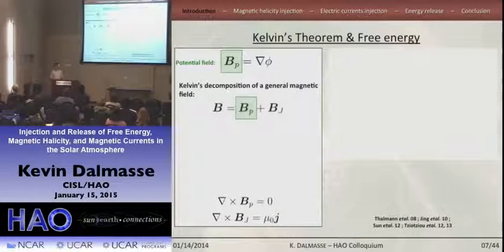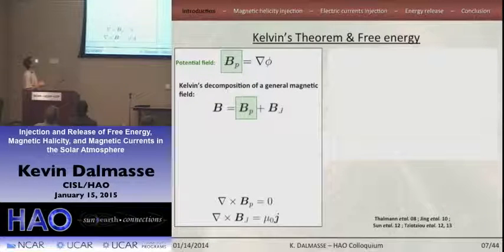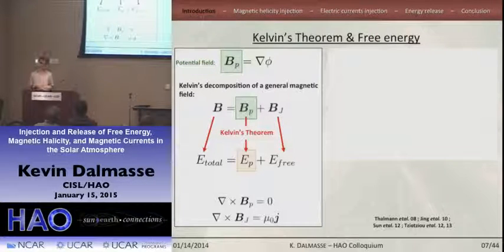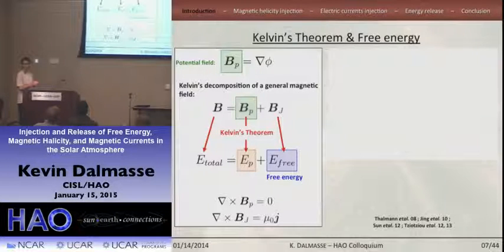Well, we can answer this question using Kelvin's decomposition of a magnetic field. You can show that in this decomposition, the magnetic field is expressed as the sum of two components: the potential field on one hand, associated with the V, which is given by the flux distribution of the photosphere, and a second component called the current carrying component of the magnetic field, which contains all the electric currents of the magnetic field B. Then Kelvin's theorem tells us that the total energy of the magnetic field B is simply equal to the energy of the potential magnetic field plus the energy of the current carrying magnetic field. And the energy of the second component is the so-called free magnetic energy.